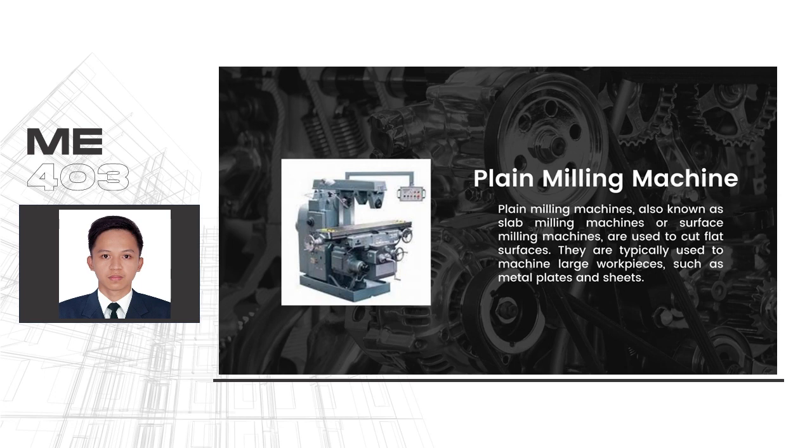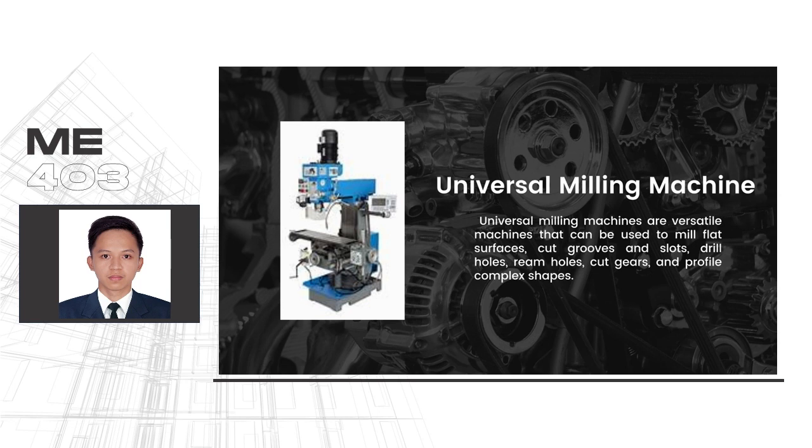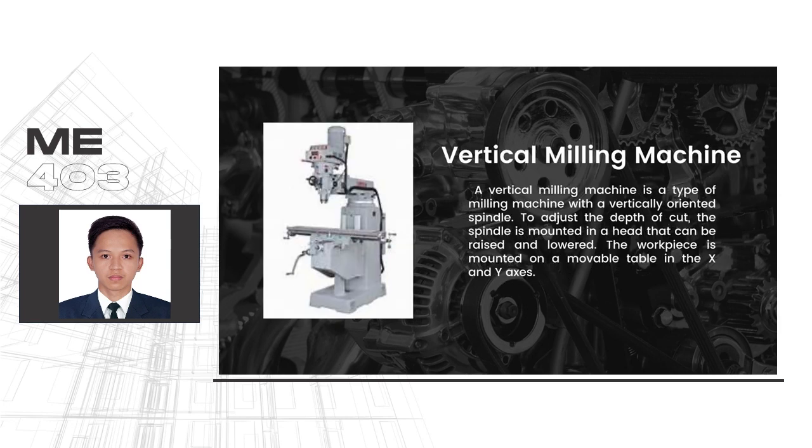A plain milling machine, or a slab milling machine, or a surface milling machine, is utilized on flat surfaces and large workpieces. The universal milling machine, on the other hand, as its name suggests, can perform any task from flat surfaces to complex shapes. Lastly, the vertical milling machine has a vertically oriented spindle. To adjust the depth, the spindle can be changed on levels and move the workpieces on both X and Y